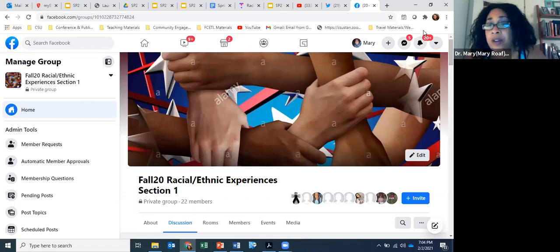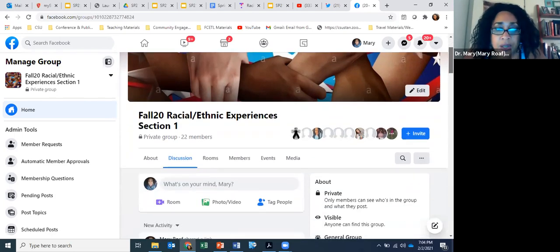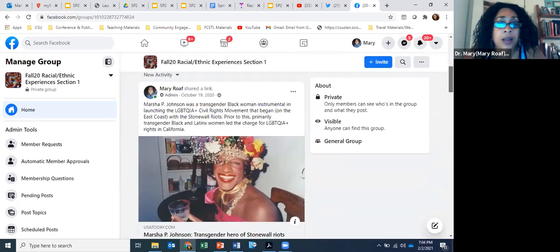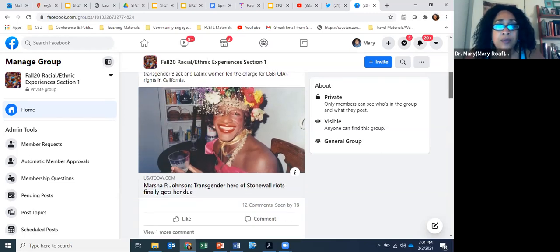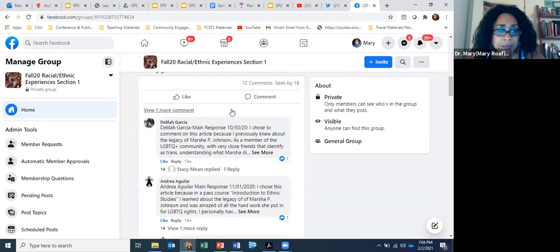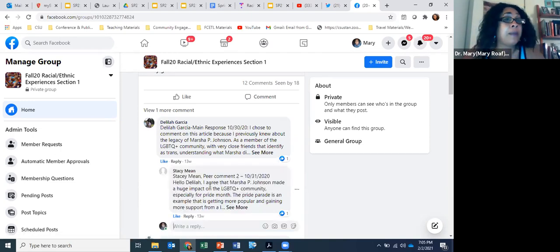So I really liked this background. It would actually be really fun to find backgrounds. Intersectionality is a key core concept that we're going to be covering. So these are the kind of posts that I include, and as you can see, the way you label it, the student makes sure she has her name, she labels it main response, and she put the date, which was October. It's really easy to sort by date because one's going to be March, one's going to be April. And this is what the peer comments look like.